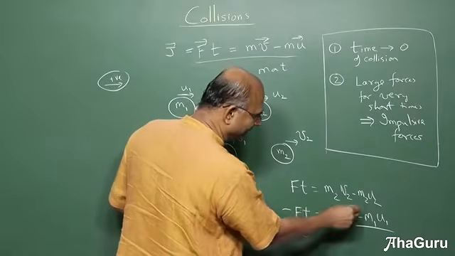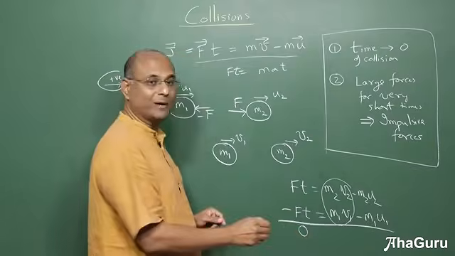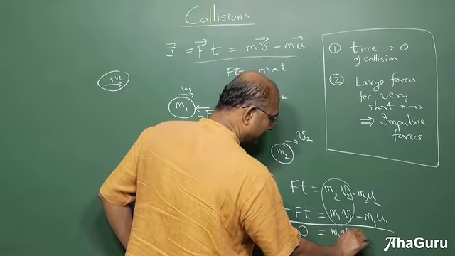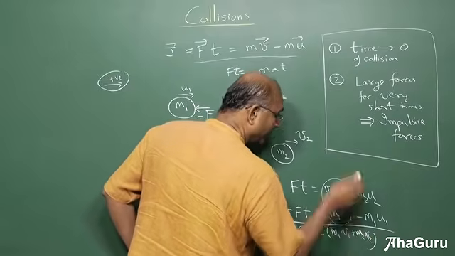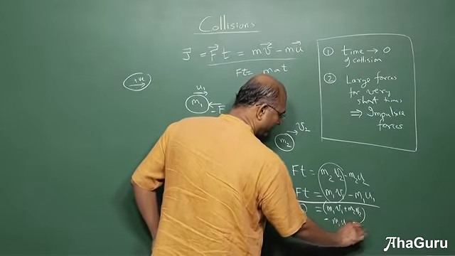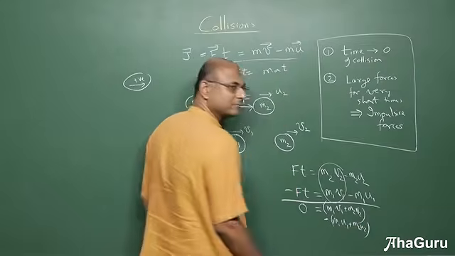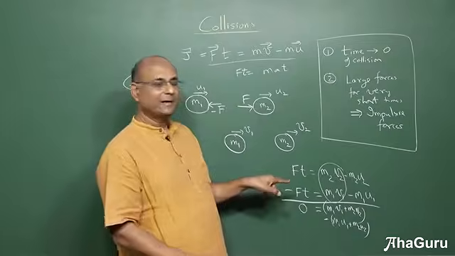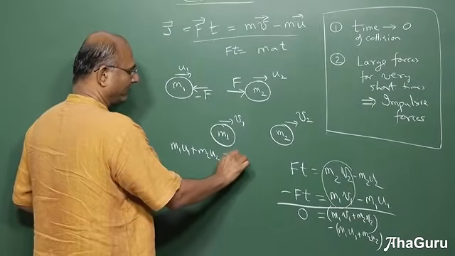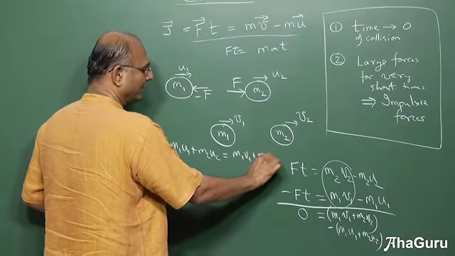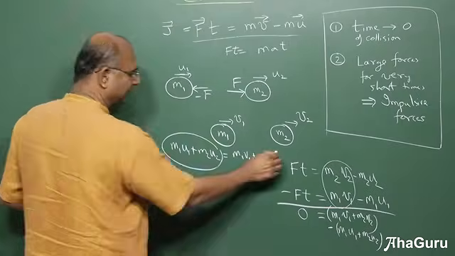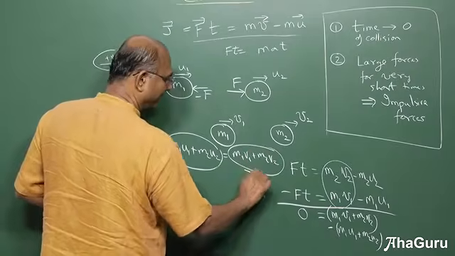And so if I add this, what am I going to get? I am going to get M1 V1 plus M2 V2. So this is M1 V1 plus M2 V2 minus M1 U1 plus M2 U2. Now if I take this to this side, I can write M1 U1 plus M2 U2 is M1 V1 plus M2 V2. We write this as the total initial momentum, and this fellow is the total final momentum, because M1